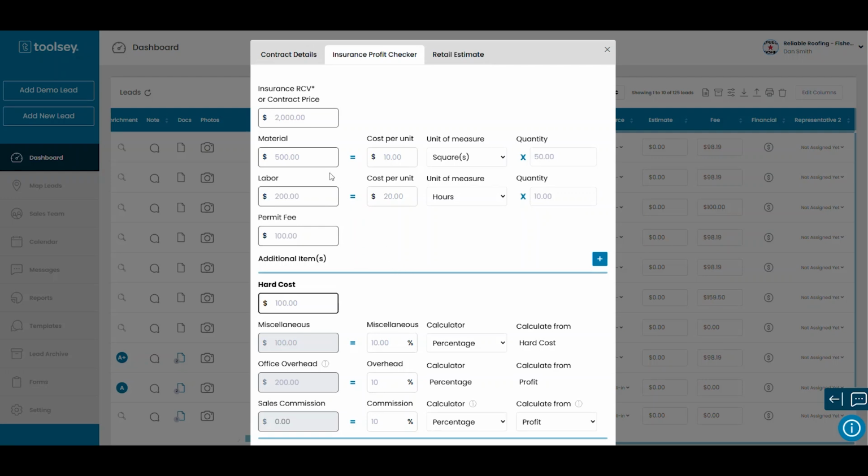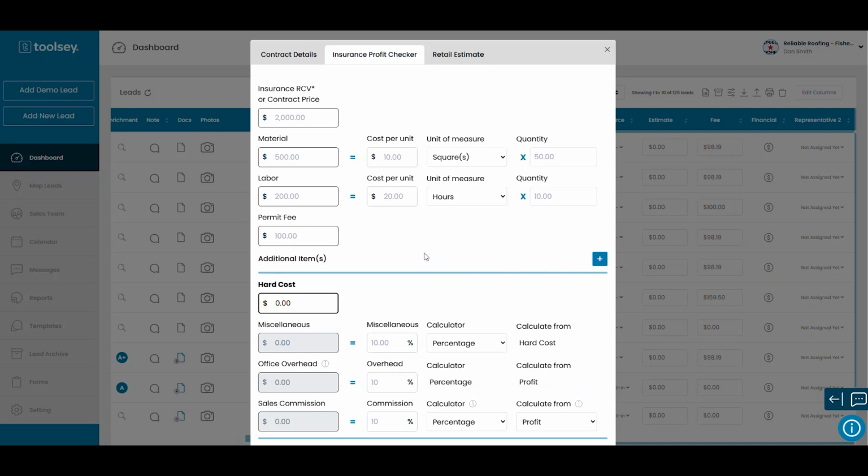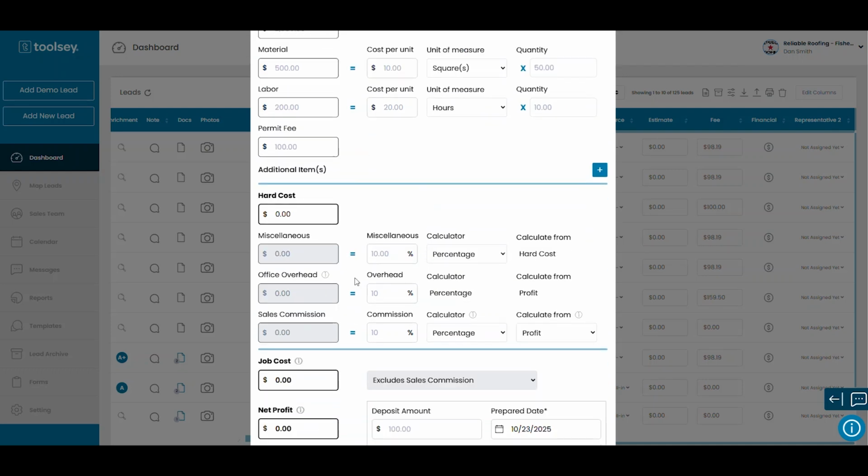What this does is it allows you to enter the insurance replacement cost value, RCV, or contract price, and then it can calculate against material and labor, and any permitting fees, and then you can add additional items. If you just click on this, it will add additional items, and you can add as many as you like. It's ultimately going to come up with a hard cost,